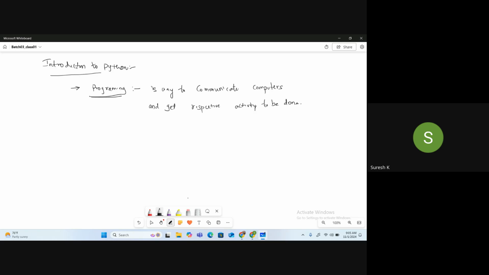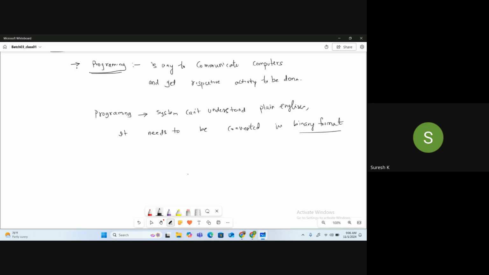We all know the system cannot understand plain English, right? So it needs to be converted into binary format. Agree or not? This is the basic fundamental for every programming.